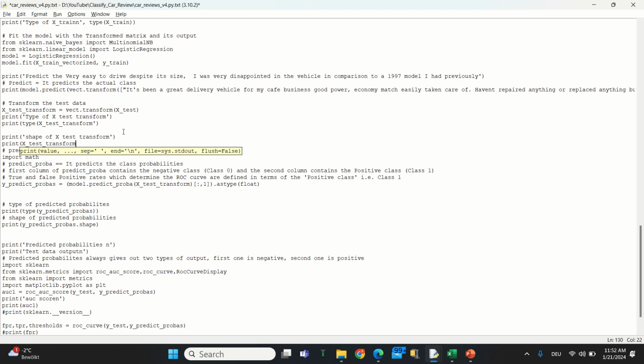As I mentioned, it should be a matrix with 25 rows, and the columns would be equal to the